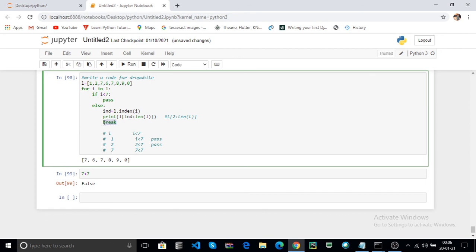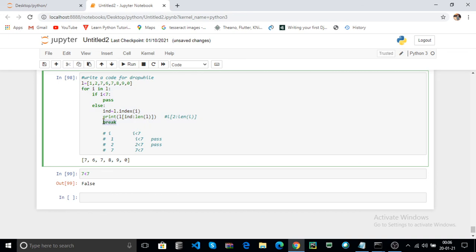Without using the break, it again iterates your loop. Then I use the break. Whenever the condition fails, the else block is executed only one time. After break, the control is out of the loop.